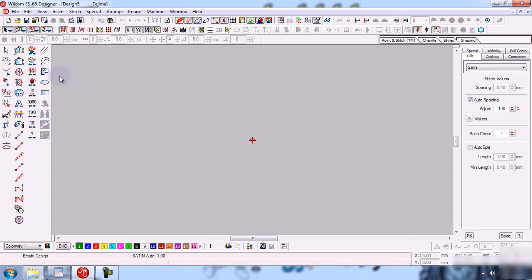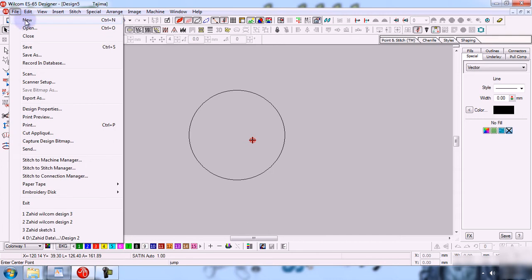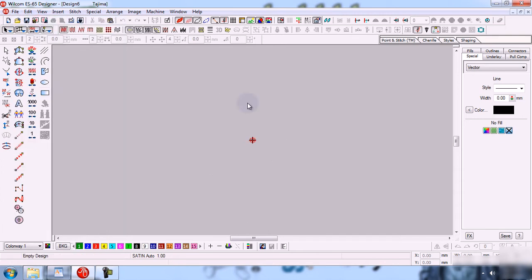So now here in this project I create a circle, and we can open or create different projects at a time. At one time we can open or create different types of projects. For example, now I create another project. So every project will be separate.